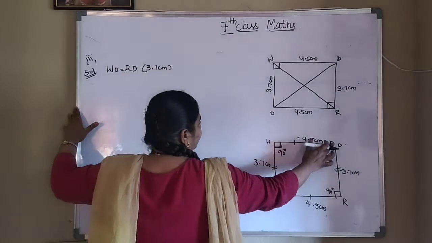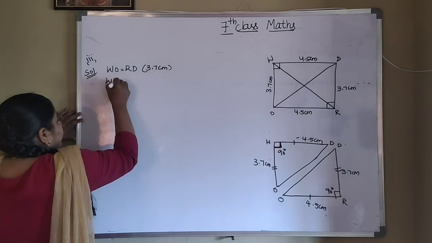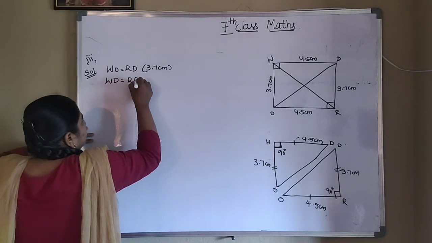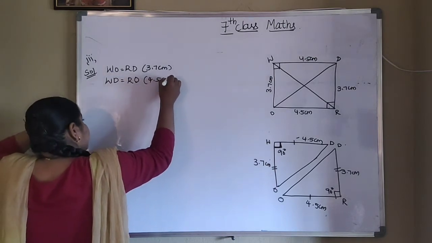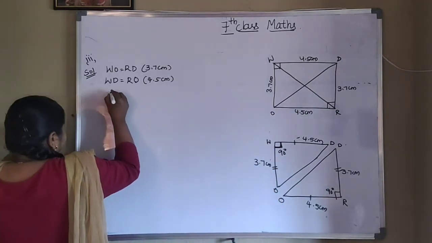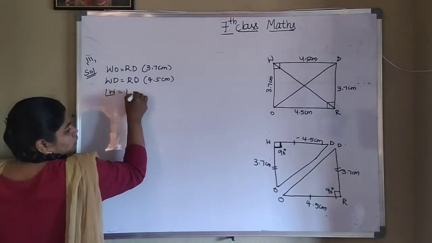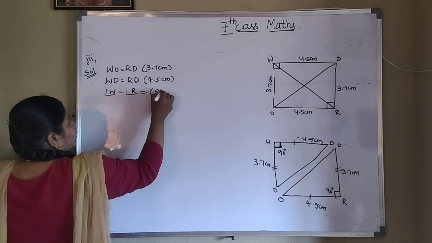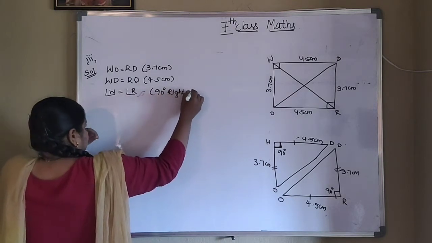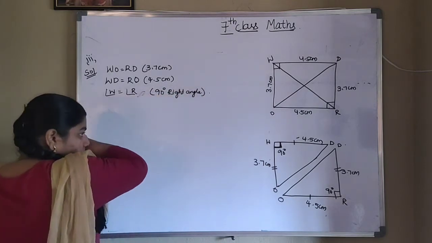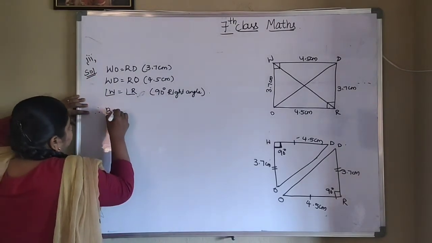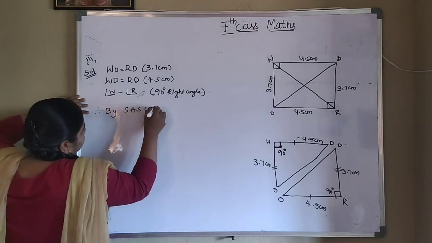Next is WD. WD is equal to RO. That is how much? That is 4.5 centimeters. And angle W is equal to angle R. Both are forming 90 degrees here. Angle W is equal to angle R. So both are forming what here? 90 degrees of angle, that is a right angle. Okay, so now side, angle, side. So therefore by SAS congruency,